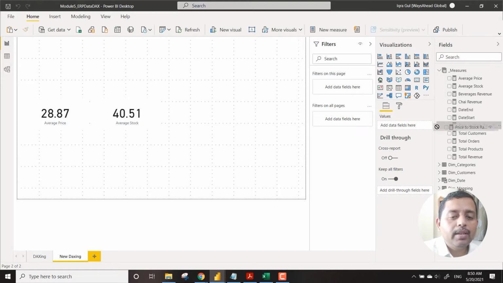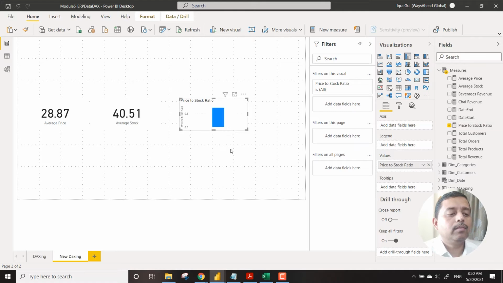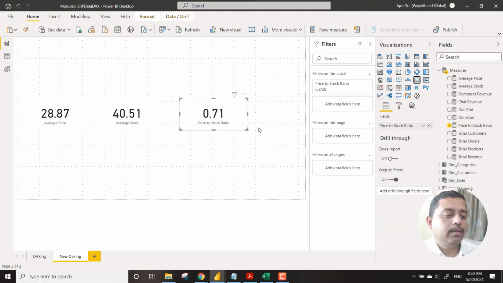And we try to bring this over here. So we see that there's a number which is 0.71. Now 0.71 is definitely a ratio, but usually whenever we are talking about this kind of ratios, we need to be careful. So always work with percentages over here. Here we can see it should be percentage. So percentages we need to refer to over here.